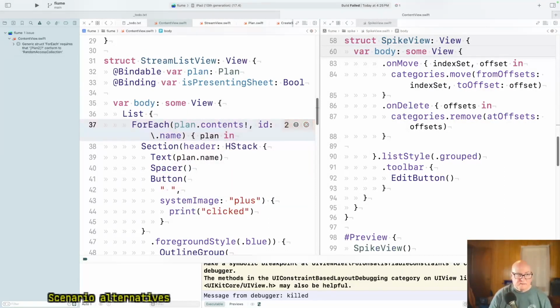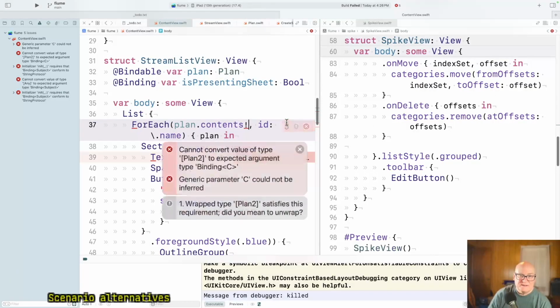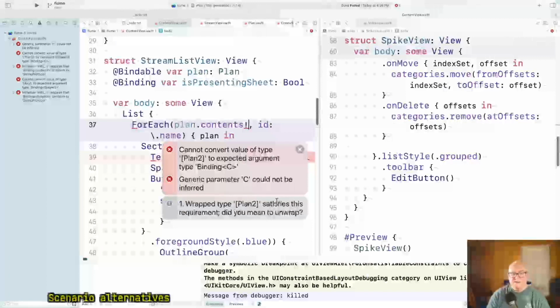I think I will say it that way. Yeah, we're gonna have to do some teasing apart once we get this thing together. Wrapped value plan to